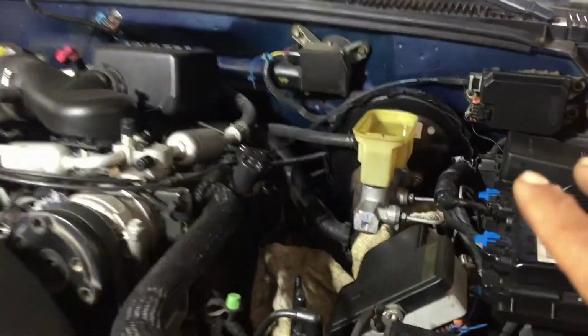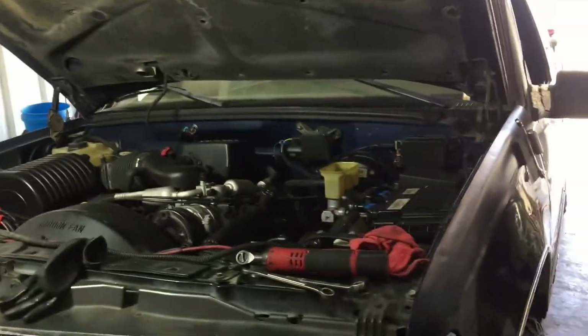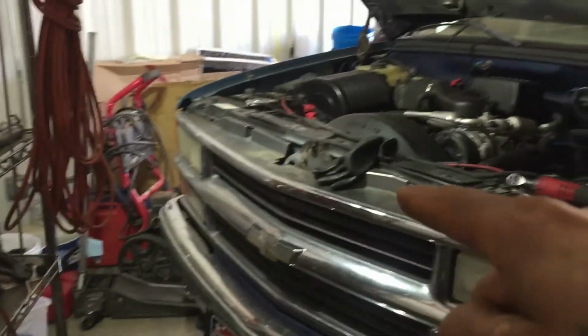Okay, now that I have the master cylinder on, we're gonna fill it up, put the cover on it, then I'm gonna bleed the rear passenger side, then I'm gonna bleed the rear driver side, then I'm gonna go to the front passenger, and then the last one, the driver front. Okay, and the way you bleed your system,